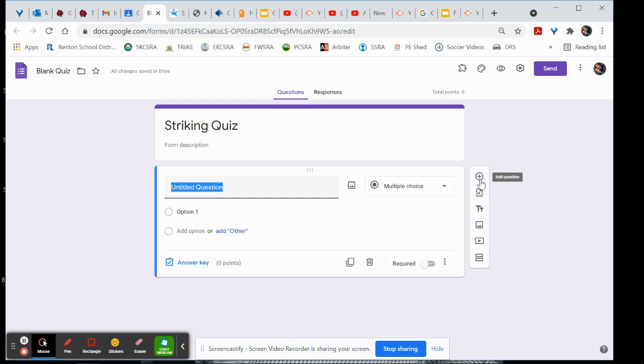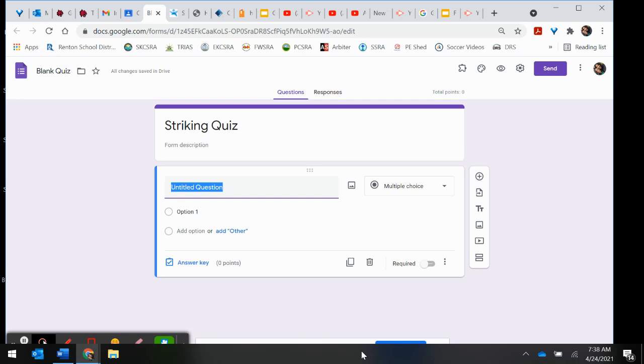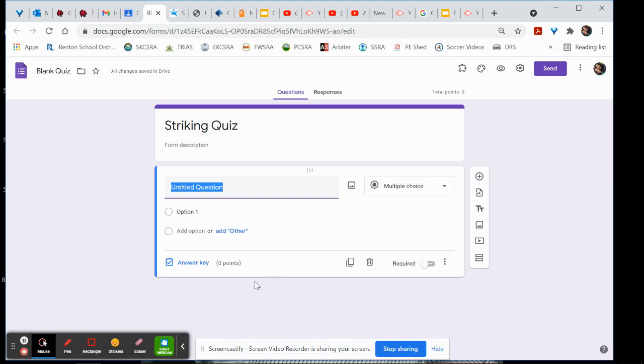But over here, you've got your add questions, importing questions. You can add your title, add pictures, again, add video. All right. So there are a lot of features here. So you could add your question, and then it also gives you the ability to make sure that you put in your answer. That way, if your quiz is entirely multiple choice, the great thing is Google Classroom, this platform, will grade it for you,